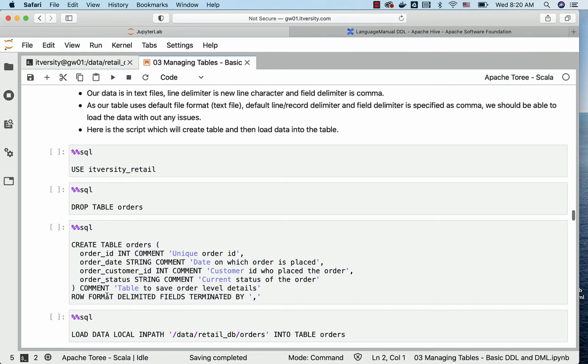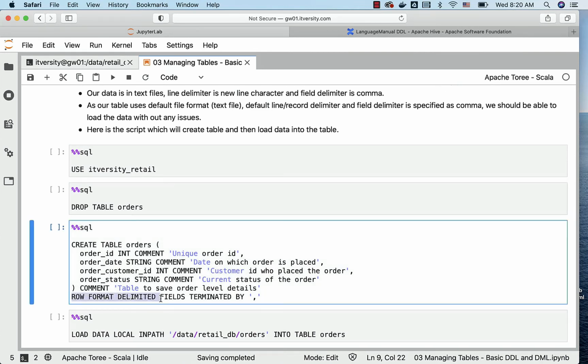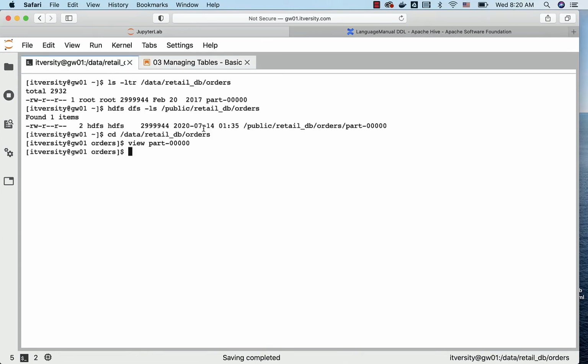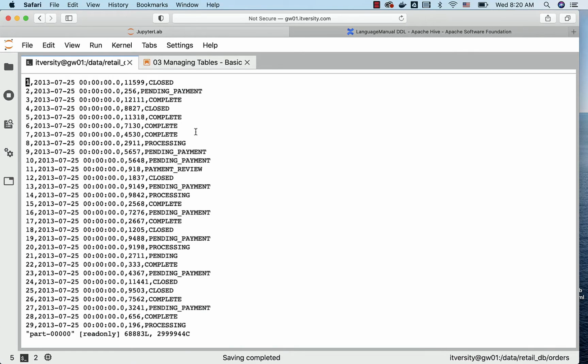You can see here there is no stored as clause, which means by default it is going to create the table with text file format. On top of the file format, you also need to take care of the line delimiter, field delimiter, etc. if it is a simple delimited dataset. For that, you can open the file, and you can see that the line delimiter is the new line character.